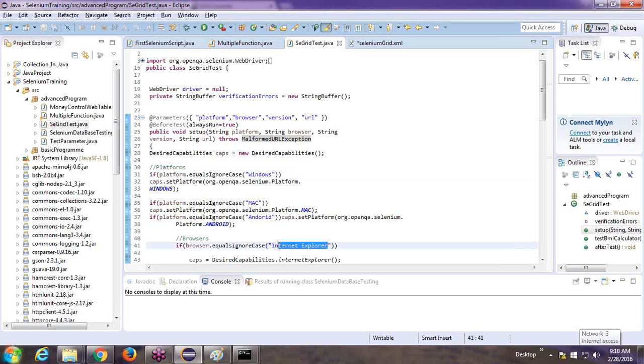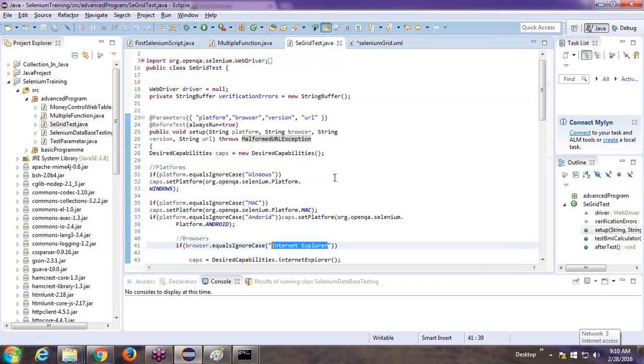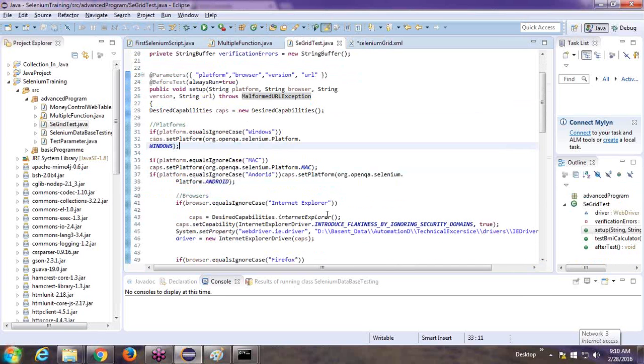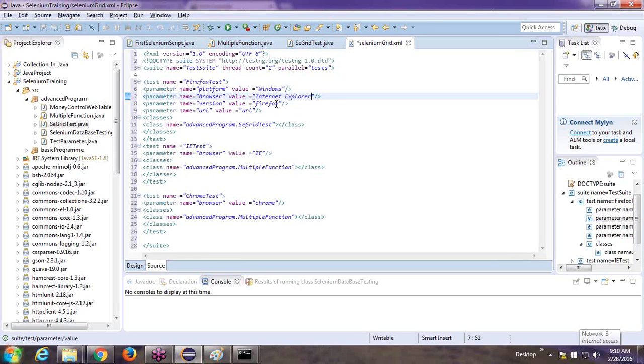We are looking for Internet Explorer, but it might fail because for Internet Explorer we require some path, and we have to change this path. Again we require the version. Of which version of Firefox are we looking for? Suppose version 9. And for the URL, suppose we are looking for